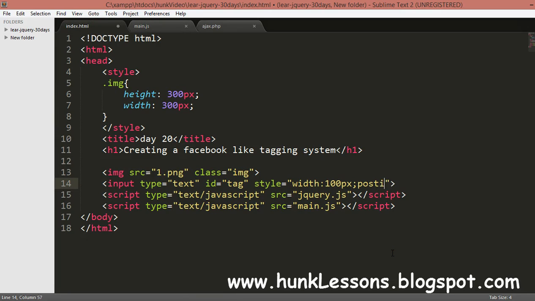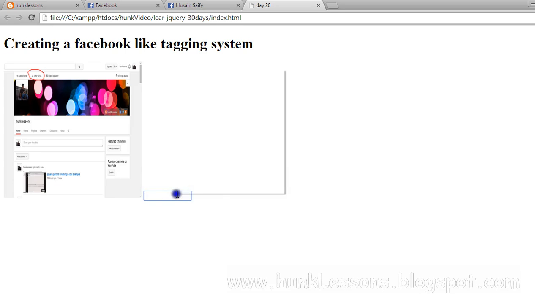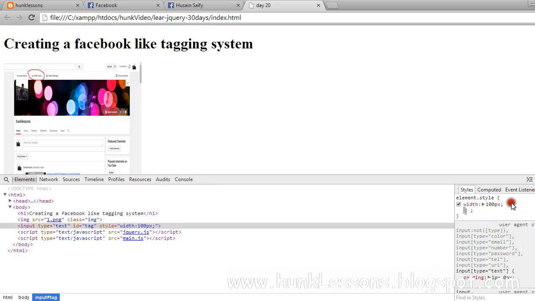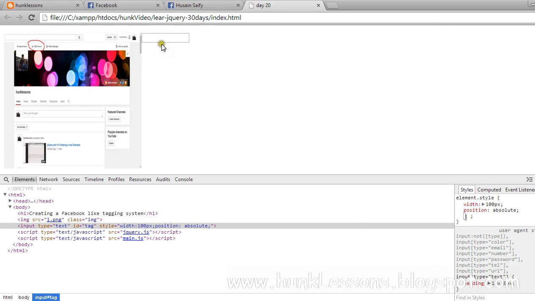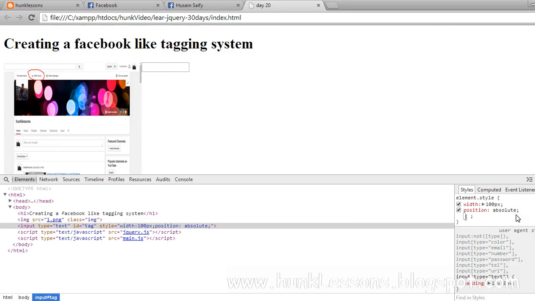Now I will give some properties to it. I will give it a position of absolute, so that you can see that it can now be placed anywhere in the document.